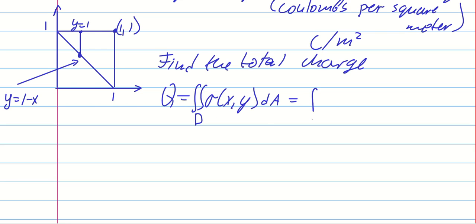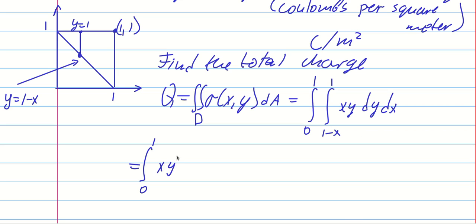So it goes from 1 minus x to 1, and x changes from 0 to 1. And we have x y dy dx. So we have an integral from 0 to 1, x y squared over 2, from 1 minus x to 1, dx,